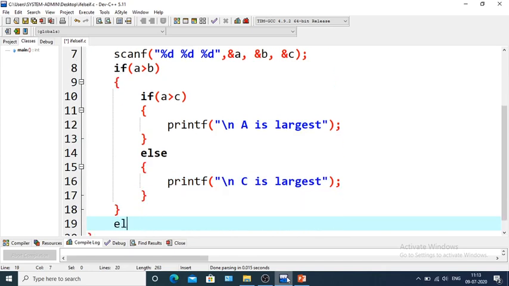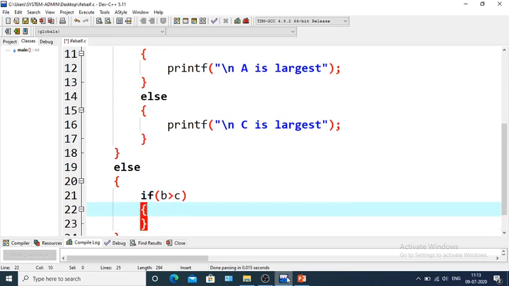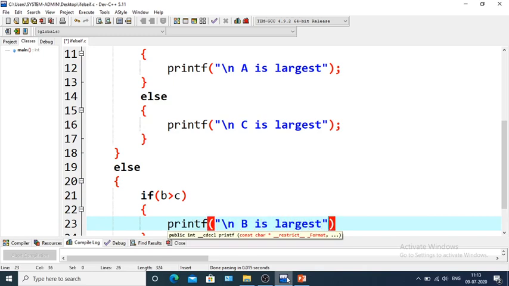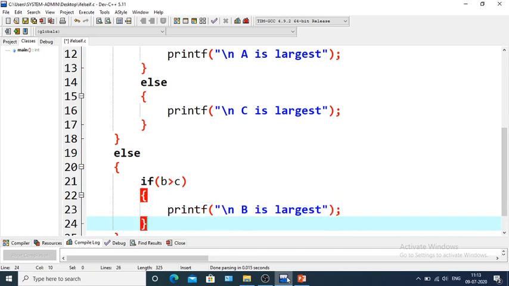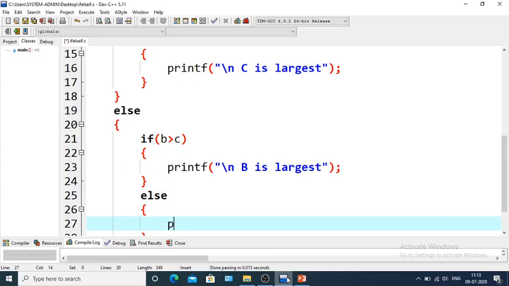Now the else part, another if: b greater than c. Okay. We can say that printf: b is largest. Okay. b is largest. Okay. Otherwise, else printf: c is largest.